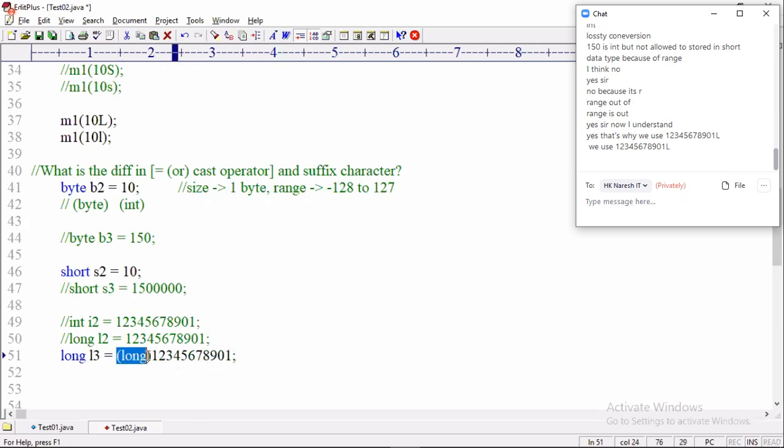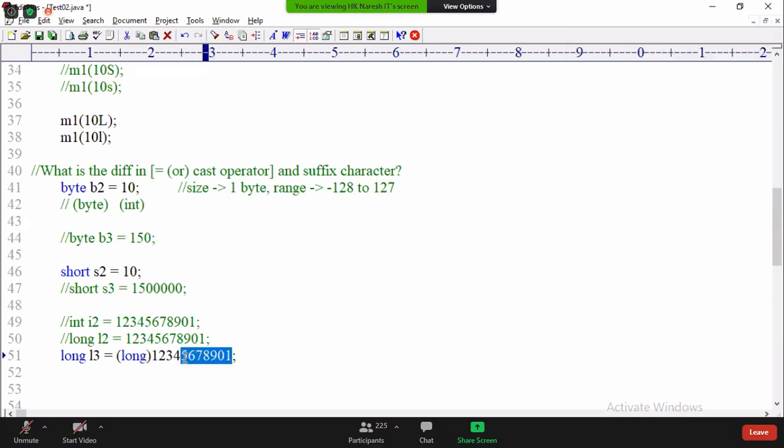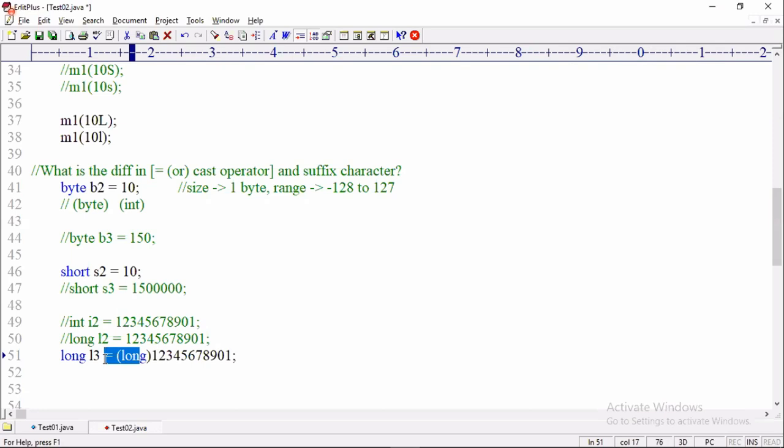If I use a cast operator, this number will be considered as long after conversion. For example, if I write this number, it is an int in the range of integer. Now the integer number is converted to long and stored. After the long cast operator, it is long. The left side is long, but the right side is still an int.